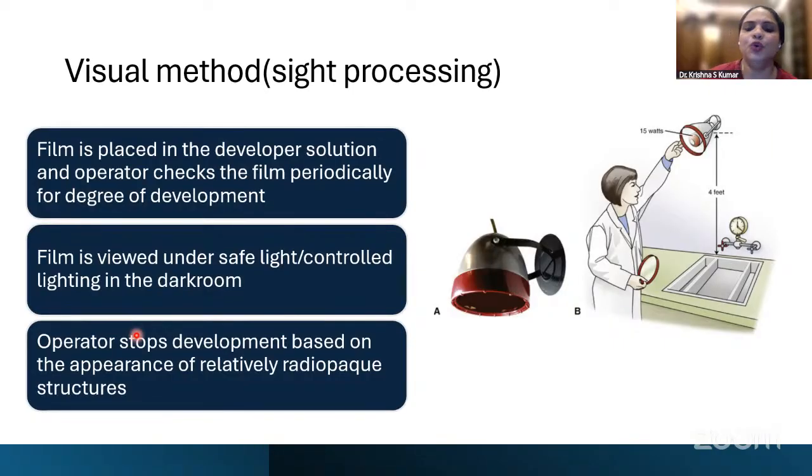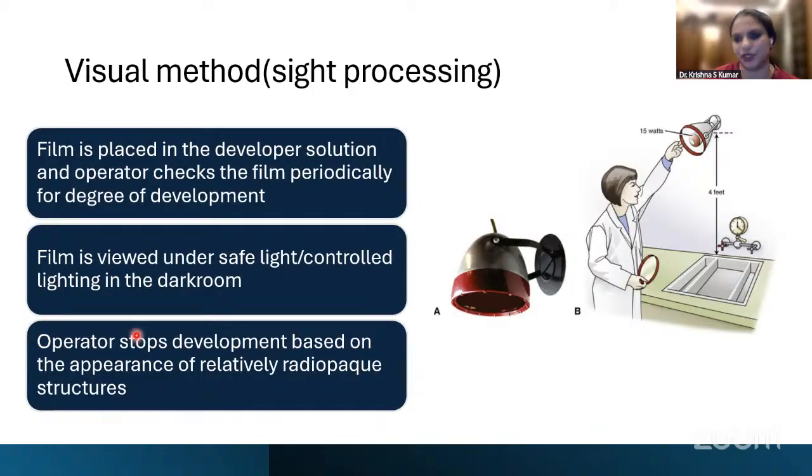And you have to use a GRX filter, that is you're filtering out the green and blue wavelength and allowing only the longer wavelength, that is the red light to pass through, because this red light has minimal effect on the X-ray film. So after making sure that the darkroom settings are proper, you open the film that is placed